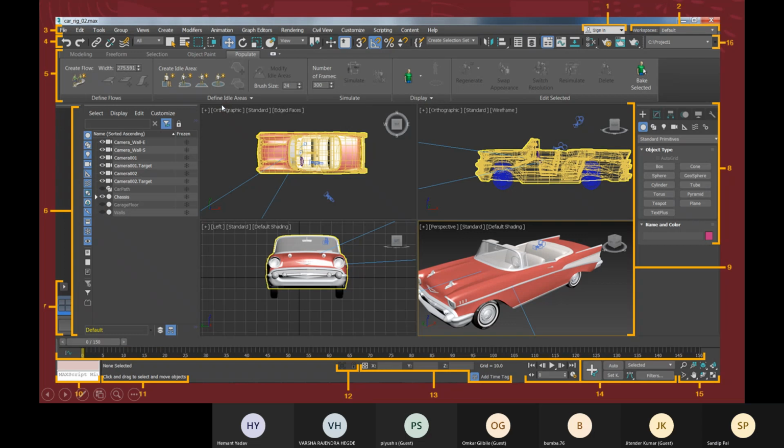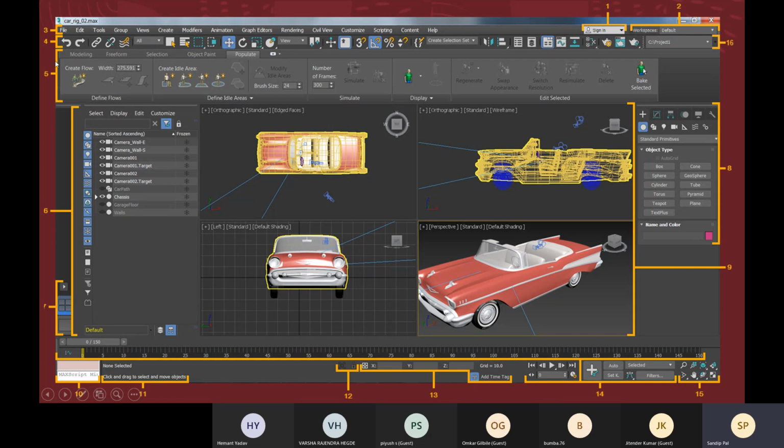Next is your menu bar. Here you have all these menus, and these menus will help you access all the tools. Next, number 4, is the main toolbar. We have all the other tools, but this is the main toolbar, and we will be using these tools the most.